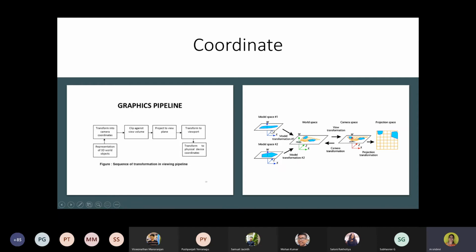another pictorial representation is specified here for better understanding. We have different coordinate systems that you should keep in mind, and how each and every coordinate system is going to act. We have the modeling coordinate system, that is for object coordinates. Once you have decided this is the object I am going to use, I am going to draw a sphere. It's a 3D object I'm going to draw. So it is drawn in a modeling coordinate system.